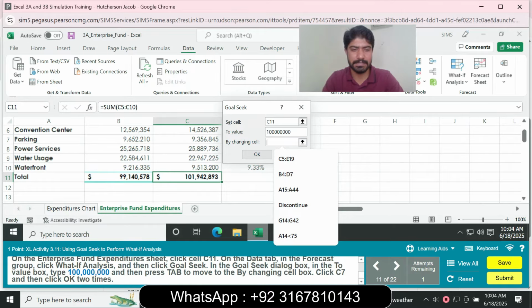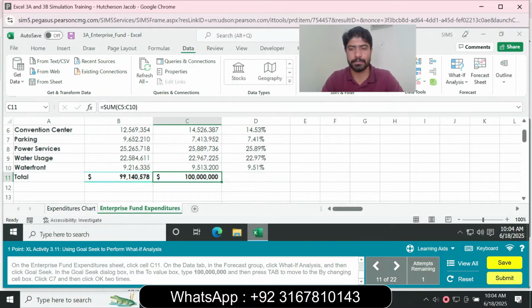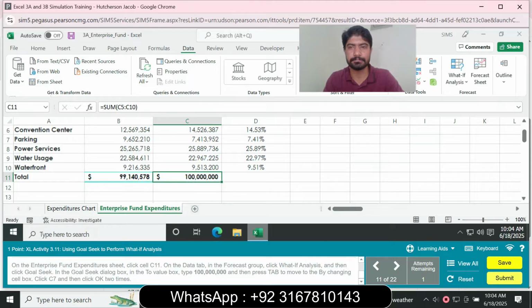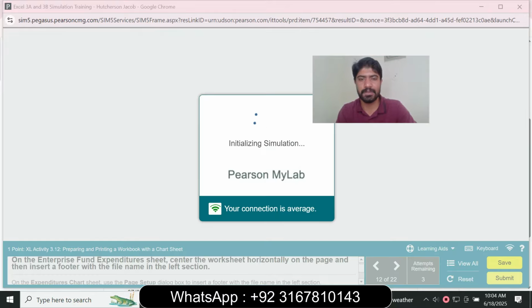And the changing cell is C7, so select C7, click OK and again OK. So question number 11 is complete. We move to question number 12. So question number 12 is,